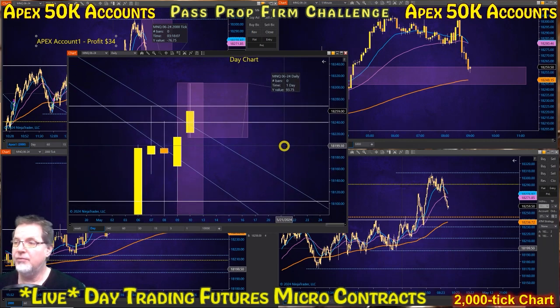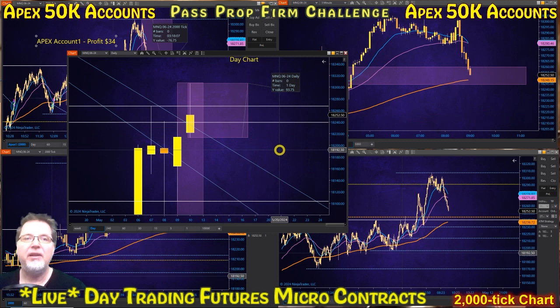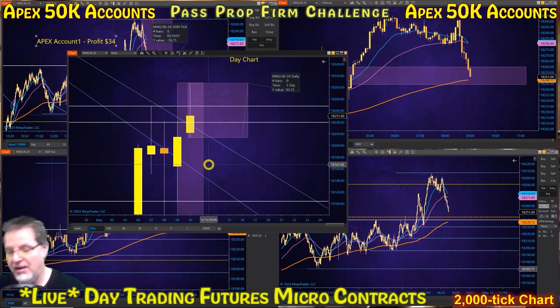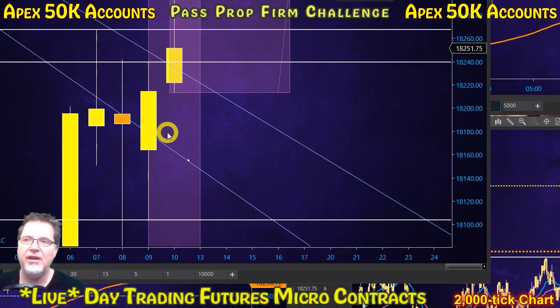If there's some unsurprising news that comes out. I don't see any news on the schedule, but anything can happen. We have to be aware of that. So my plan is that this is a deep pullback. It's going to bounce. It could turn red, but if it does go red, I'm thinking that it's going to probably find some support intraday and stay in this area here.